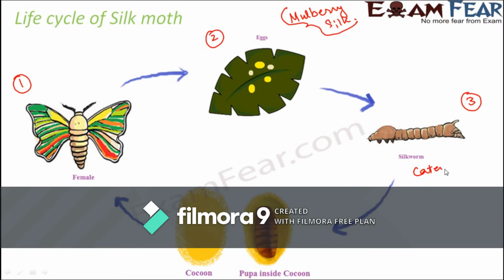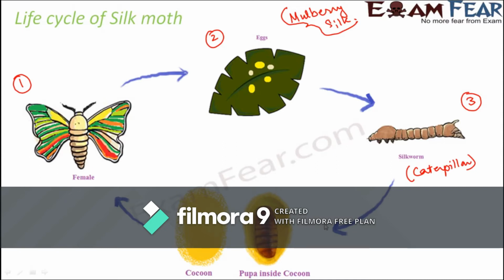So this silkworm is also referred to as the caterpillar stage of a silk moth. Now before entering into the next stage, called pupa, you see here, this is the next stage, which is pupa. Before becoming a pupa, it starts weaving a net to hold itself. Have you ever seen spiders making nets? That's more common, right? Because you see it in your houses. In a similar way, this silkworm starts weaving a net.